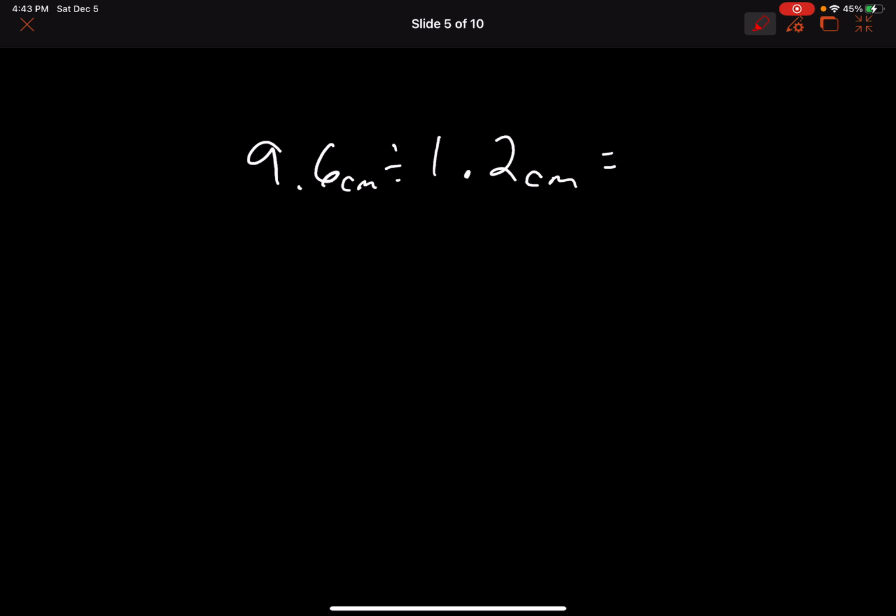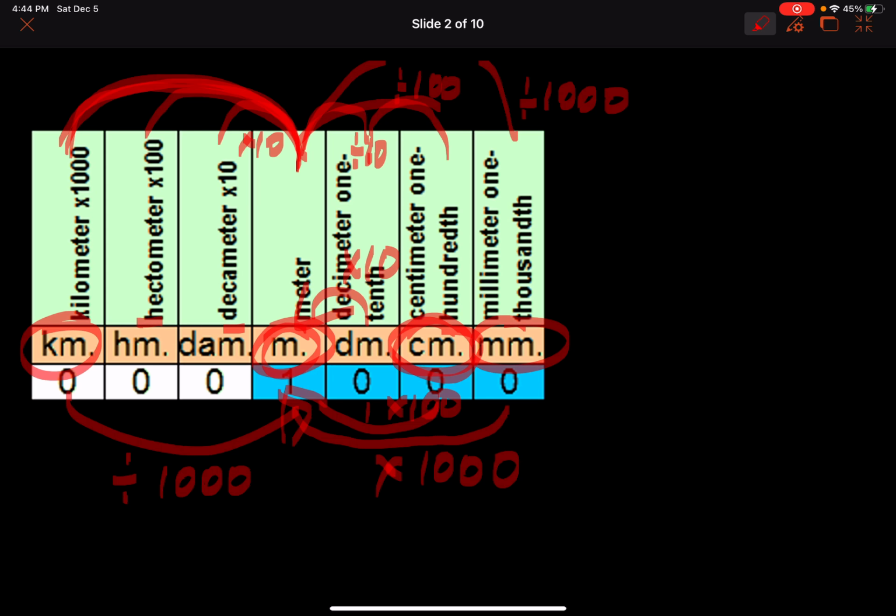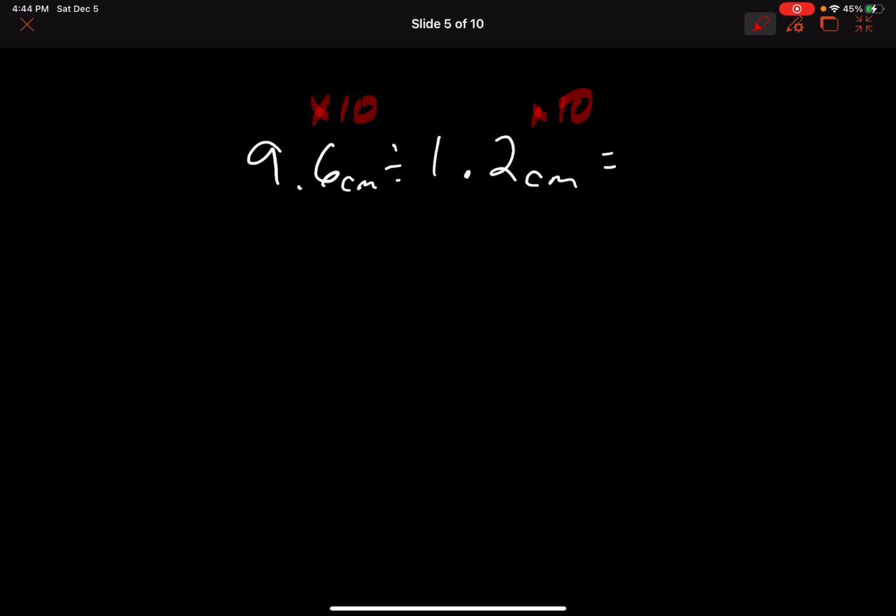Okay, so now I'm going to do these problems, but I'm going to change them. Okay, so I'm going to move from centimeters, and I'm just going to multiply both of these by 10. Because if I go back, I'm going to go from centimeters to decimeters. Okay, so first thing I'm going to do, I'm going to multiply this by 10, and this is going to be decimeters, and then I'm going to multiply